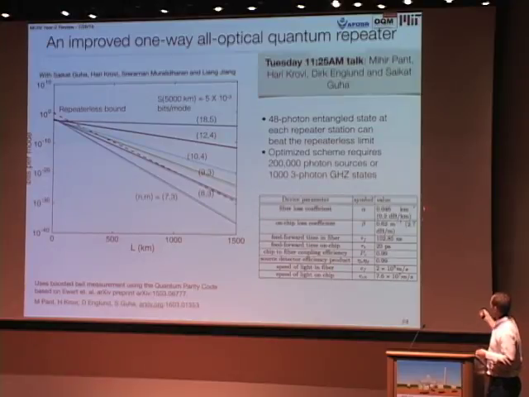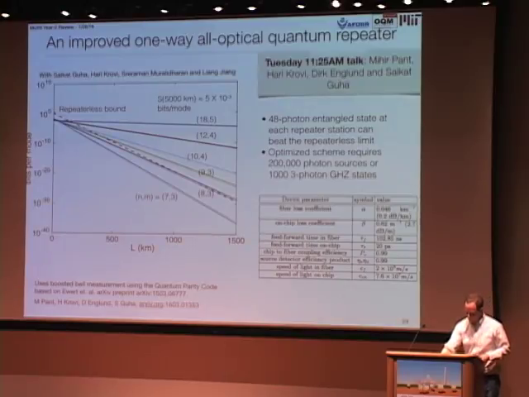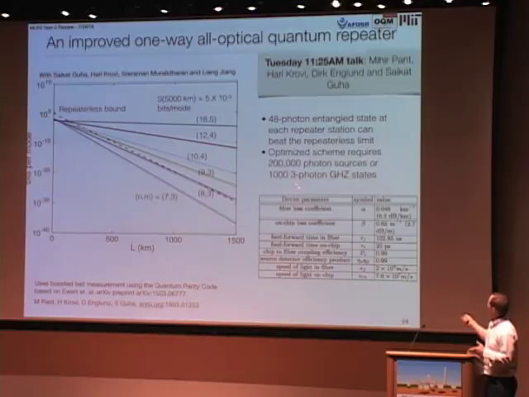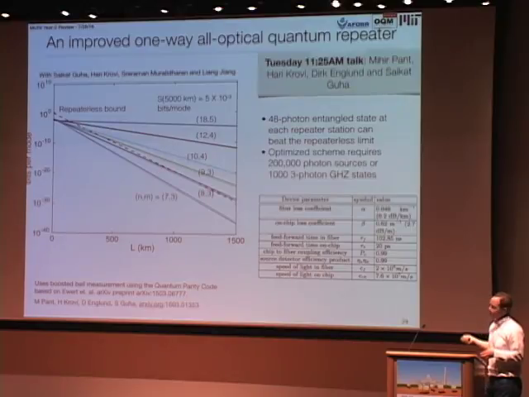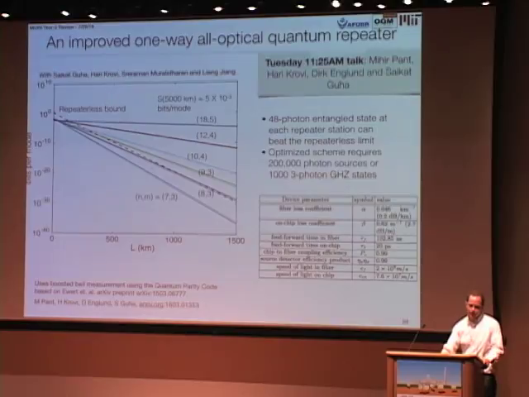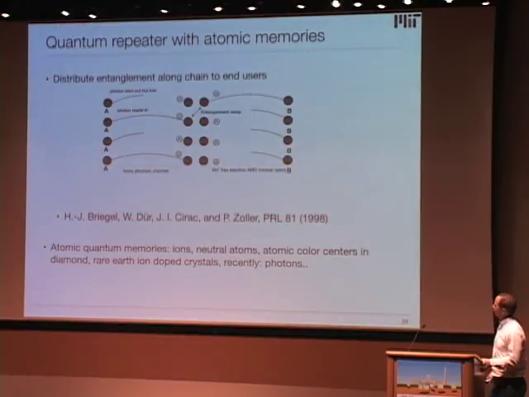And here are the assumptions on the devices, based on our measurements. I should say that if we further improve the devices we have, for example, if we had an on-demand Bell state source, you could reduce this down to about 1,000 Bell states to produce one cluster that's large enough to beat the repeaterless bound. And if you also use quantum parity codes or other tricks, you could reduce that number down further. So maybe it's not so unrealistic.